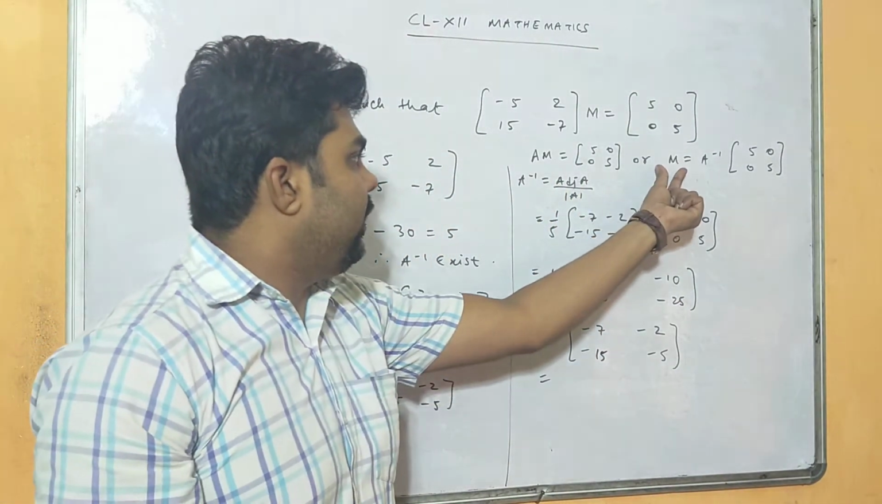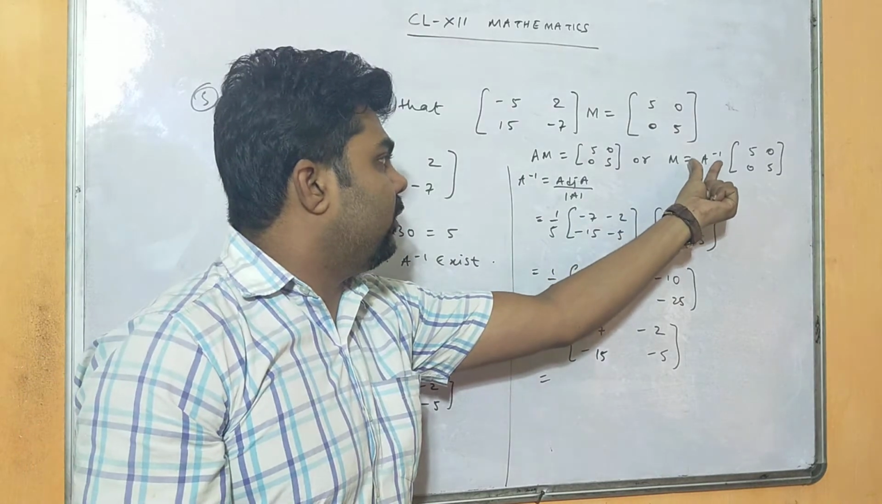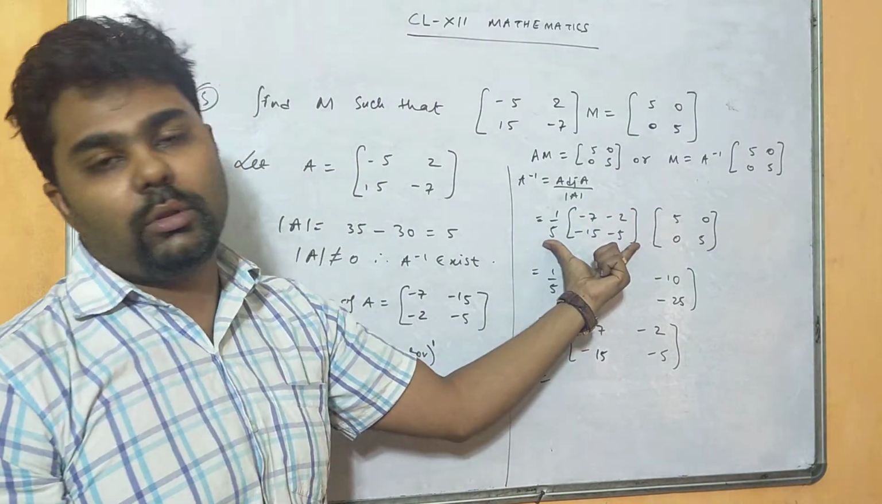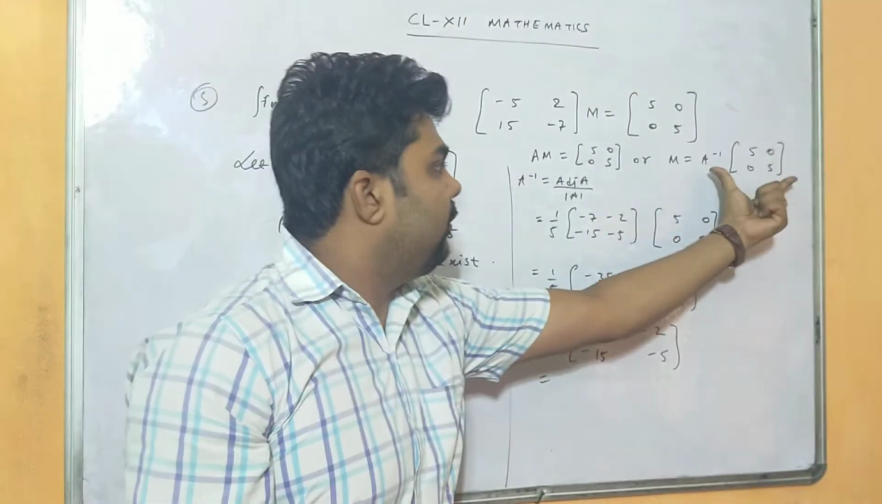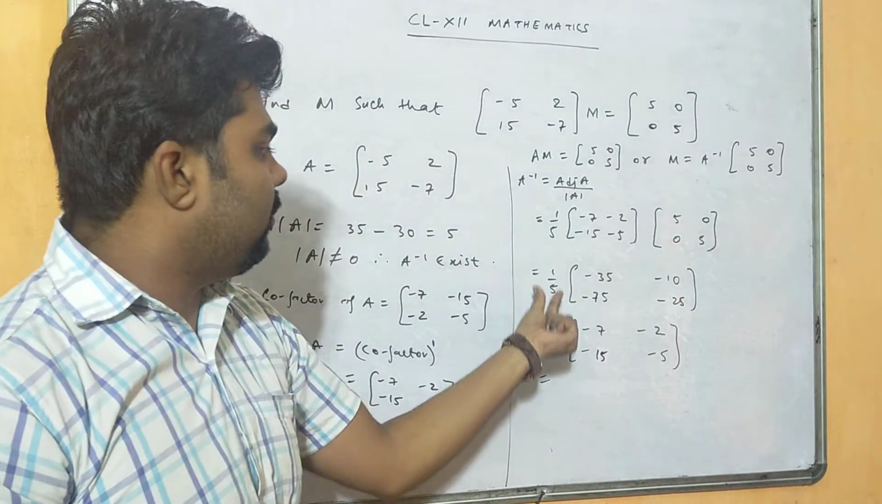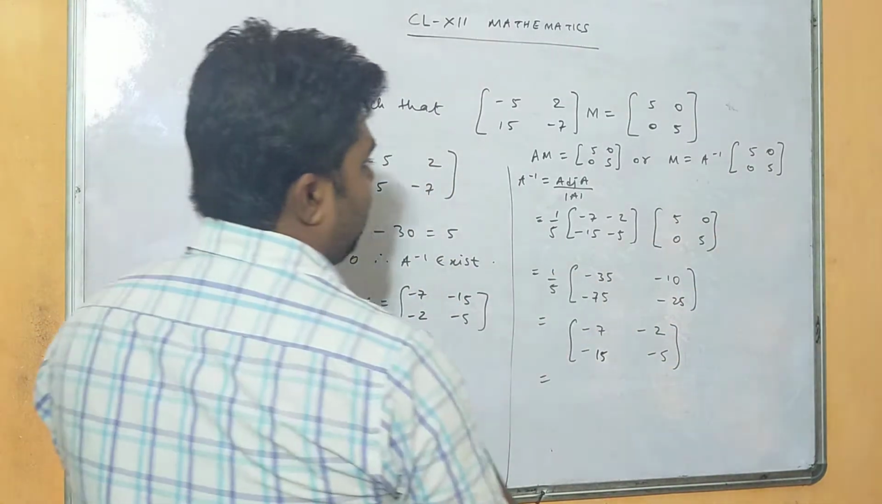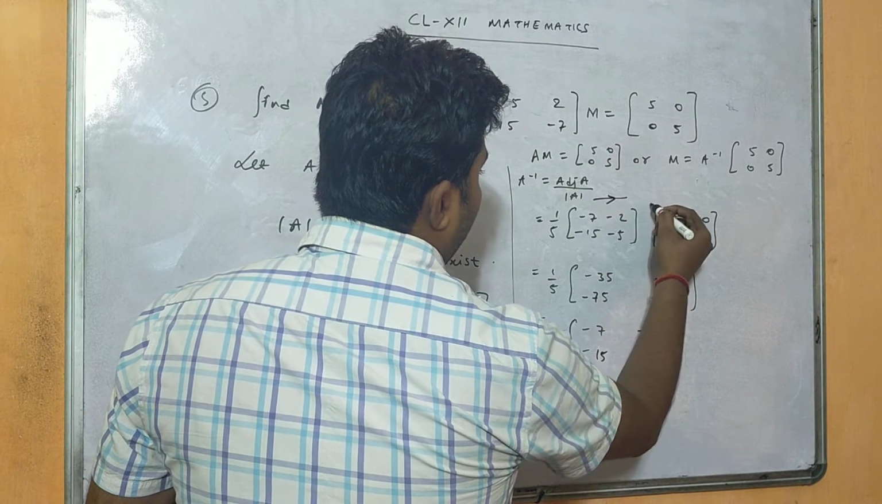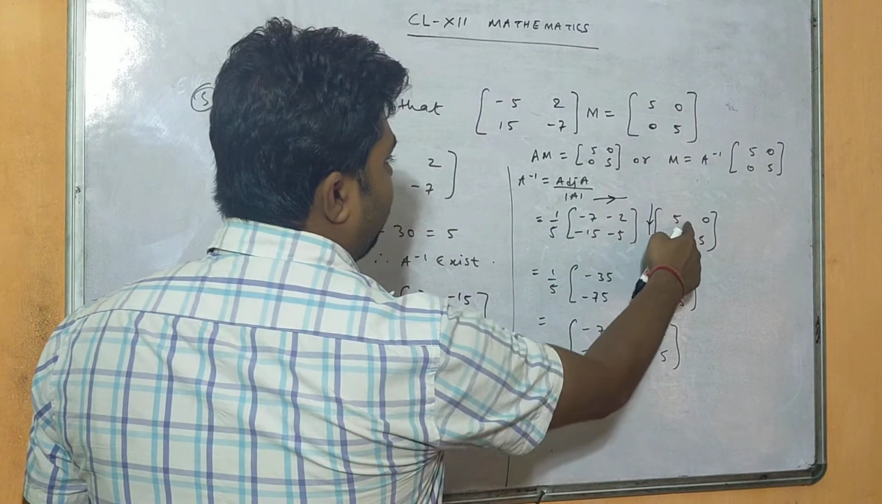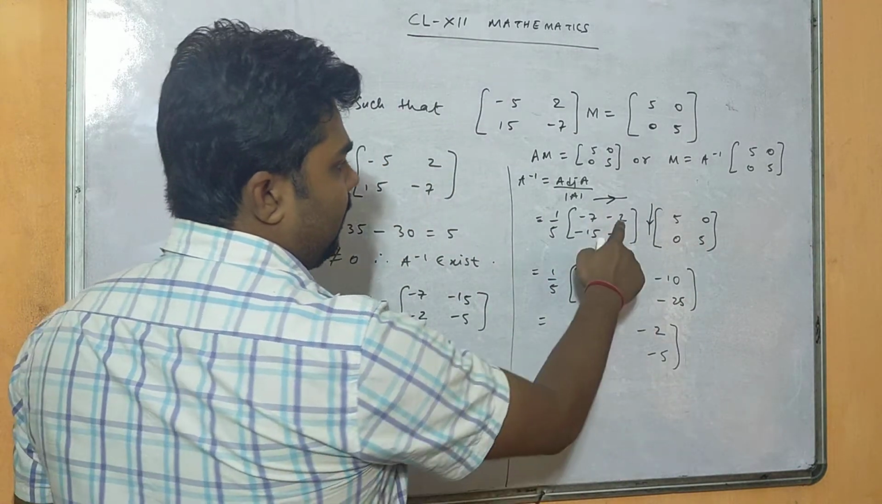So you see here, we need to find m equals A inverse. In place of A inverse, I have substituted the value of A inverse and 5005 as it is. So 1 by 5 as it is. Now when you multiply, cross multiplication, row column multiplication, minus 7 into 5, minus 35, plus minus 2 into 0,